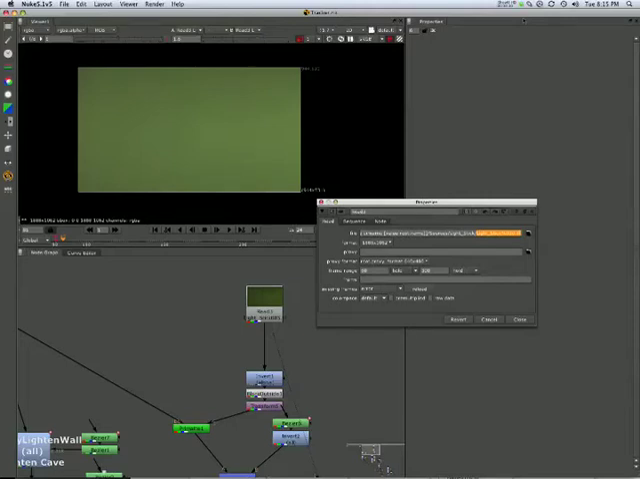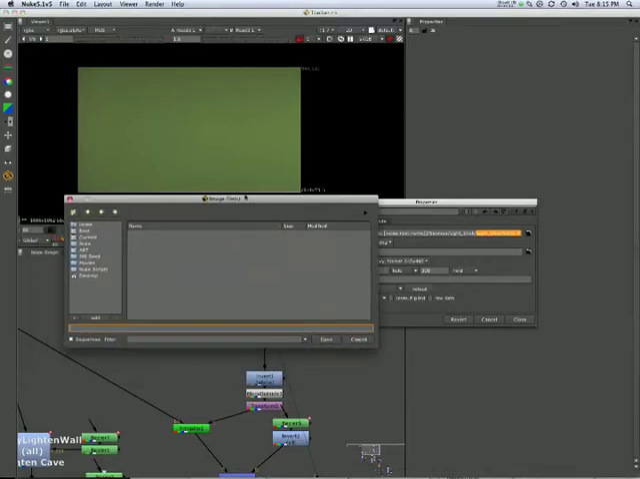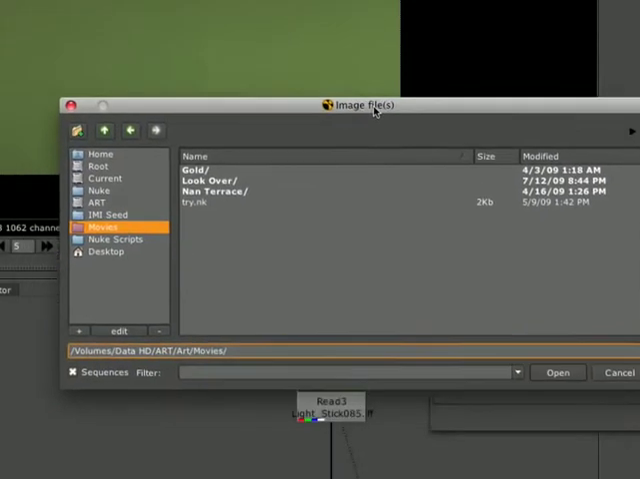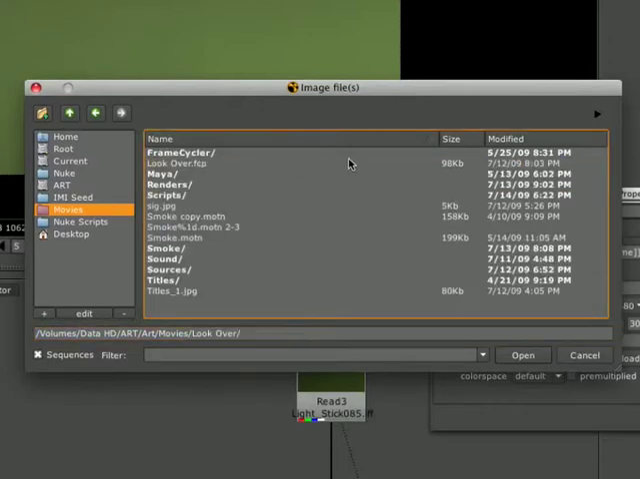Okay, getting files into Nuke. Well, I suppose the proper way, you load up a read node, just press the letter R, go over to say something like movies. You've got a file browser here which is slightly different to what you might be used to in OS 10 or indeed Windows. So